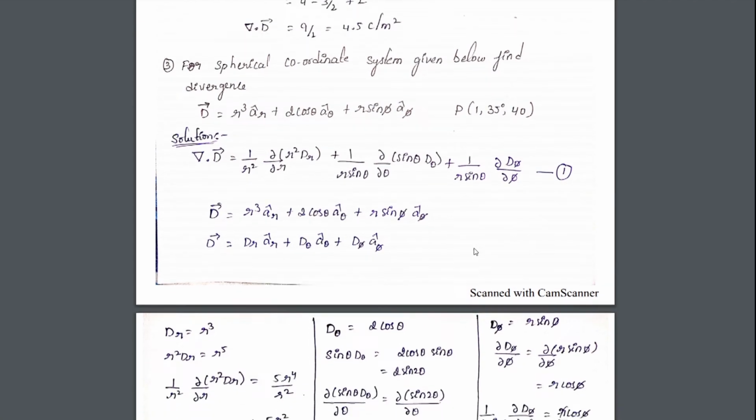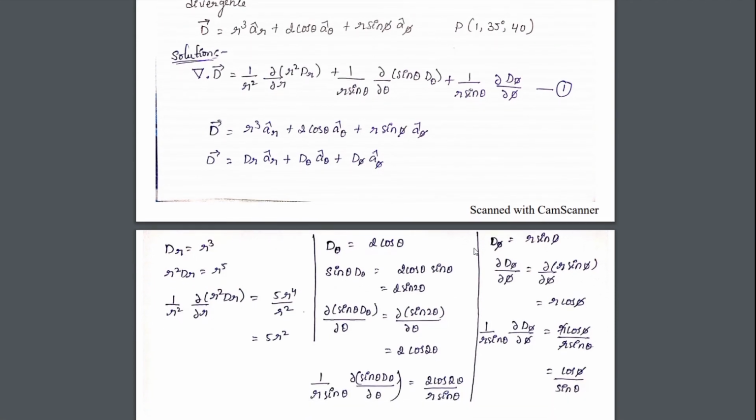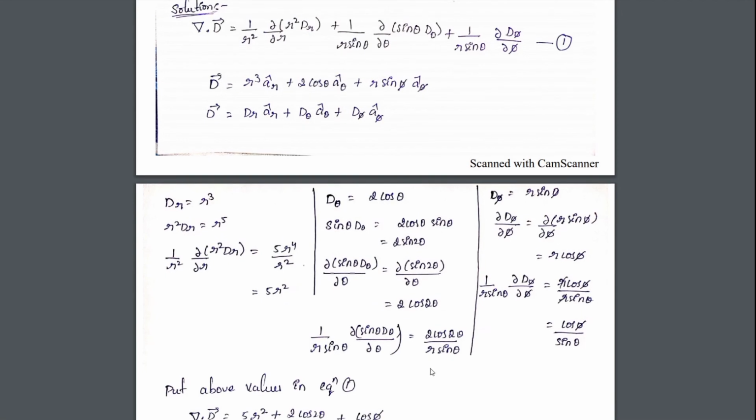The second term, D theta, is multiplied by sin theta. Here you can see 2 cos theta into sin theta. There is an identity called sin 2 theta, which you can use for differentiation. Otherwise, you have to apply the product rule. So 2 cos theta sin theta is sin 2 theta; convert it and then do the differentiation. What is the differentiation of sin 2 theta? It is cos 2 theta into 2. Differentiate it and proceed according to the formula.